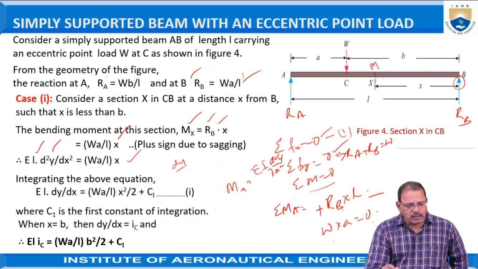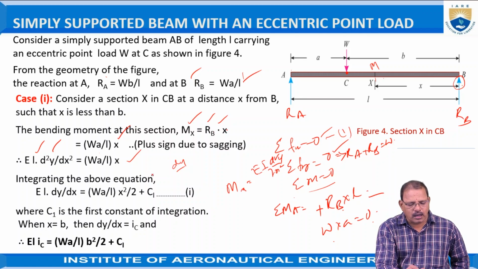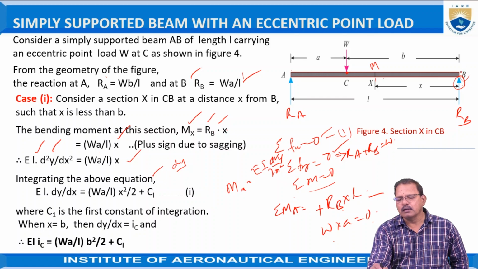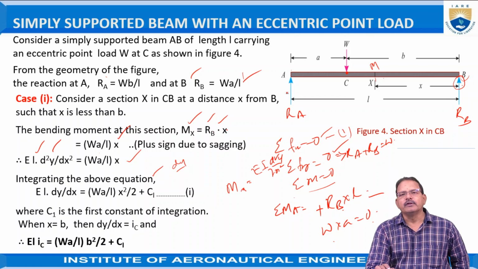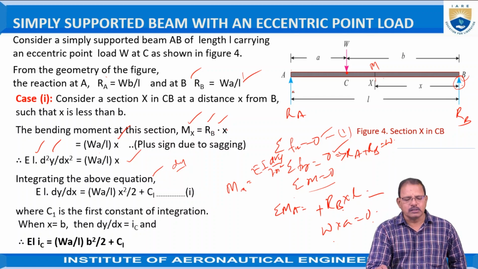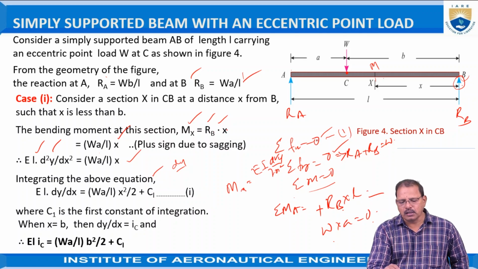Similarly, here, on putting this here now, one condition. When X is equal to B, that is nothing but here point B, or here X is equal to L, that is known as here now the slope at a point to A position. According to the end conditions, the slopes at A and B should be,